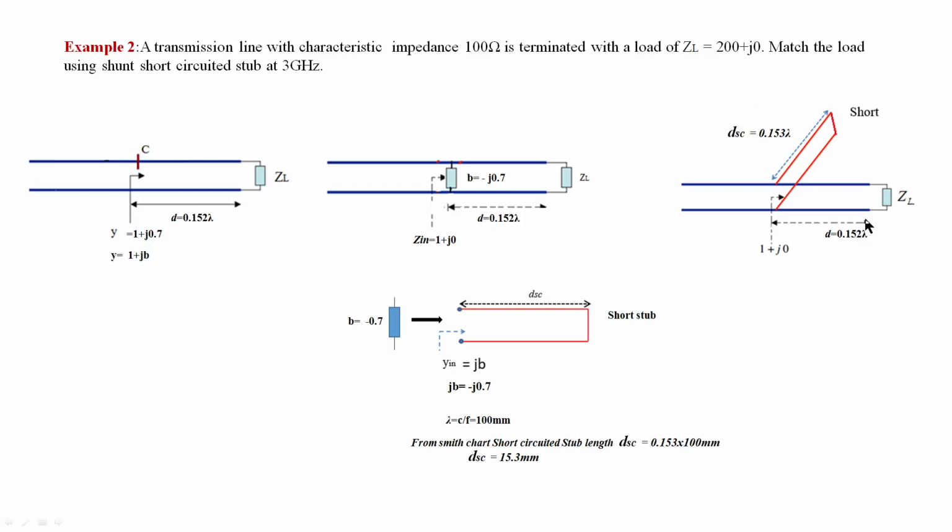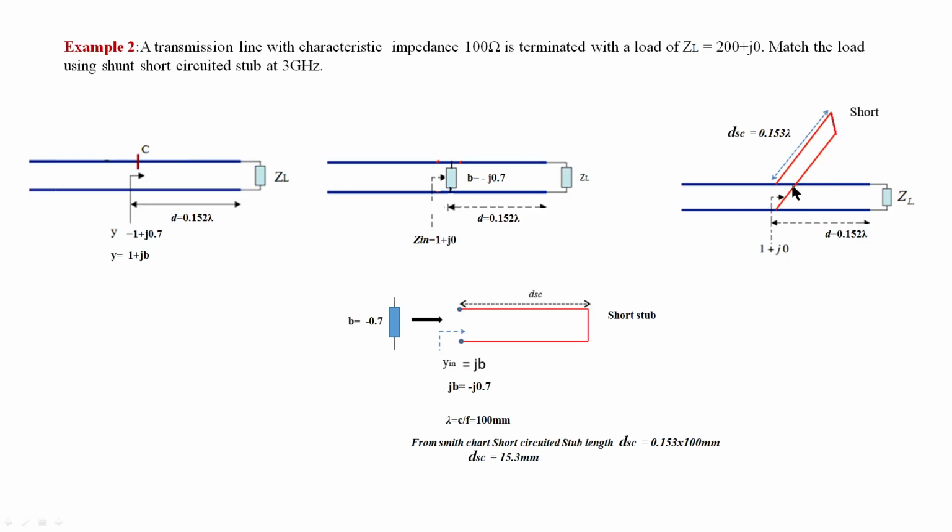The important thing here is the distance where you should connect the stub. That is important, and you should find the stub length, because it must provide this particular value of susceptance. This susceptance is needed to cancel the existing value. To implement this component, we should use the stub like this. This length is what we need. What should be the length to get this susceptance value? So we connected it like this.